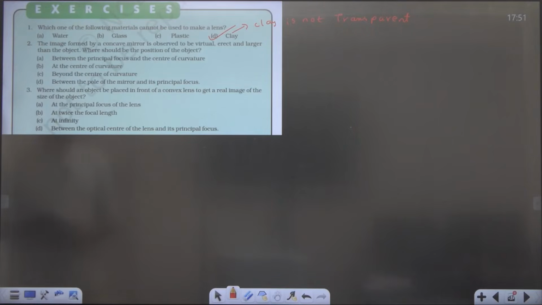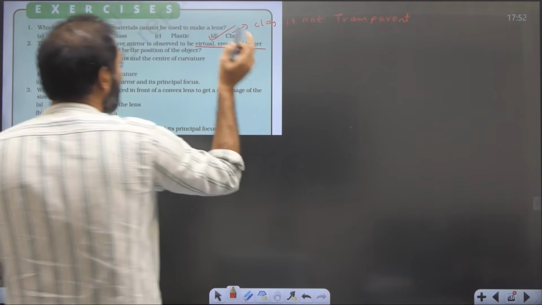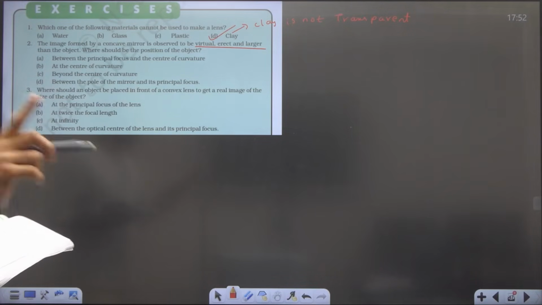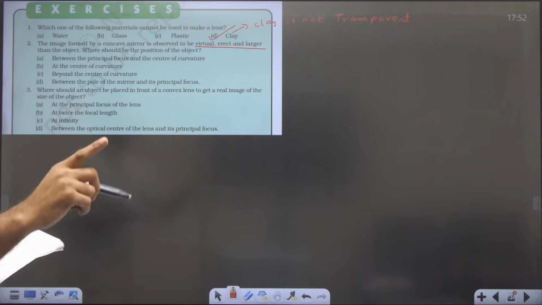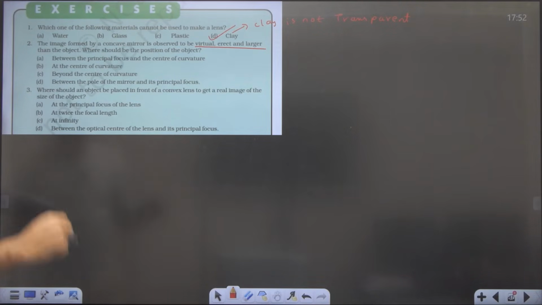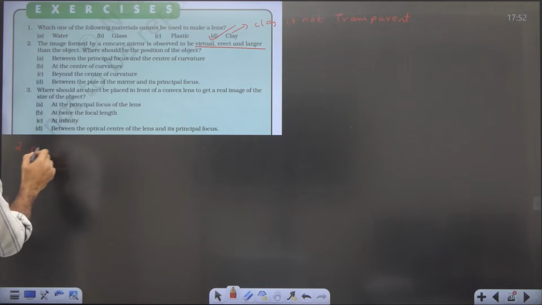The image formed by a concave mirror is observed to be virtual, erect, and larger than the object. Where should be the position of the object? What about the image formed by a concave mirror? Virtual, erect. I told you, generally a concave mirror forms real and inverted images. A concave mirror forms a virtual, erect, magnified image only in one special case. What is that special case? I will write the answer. If the object is